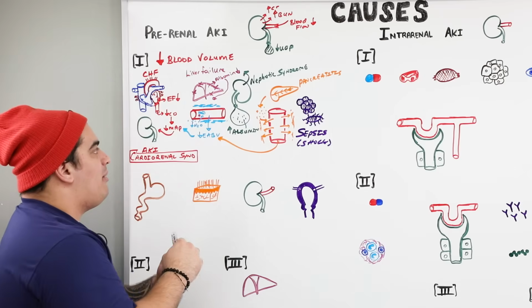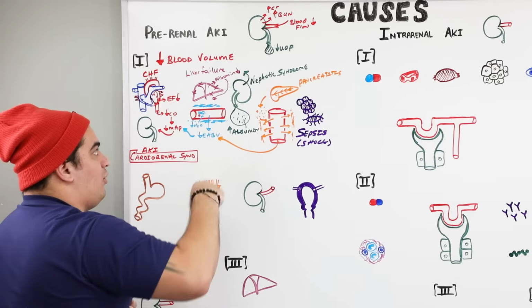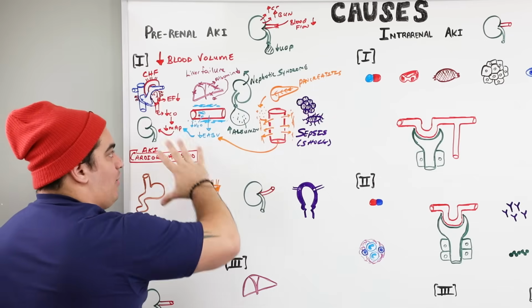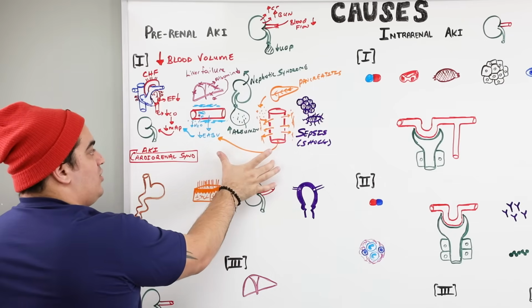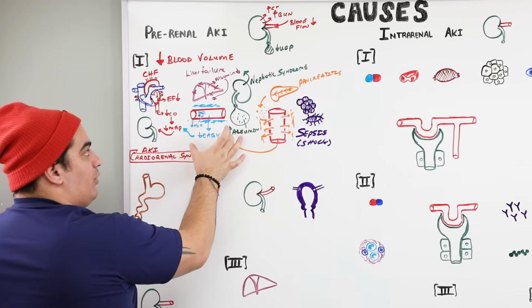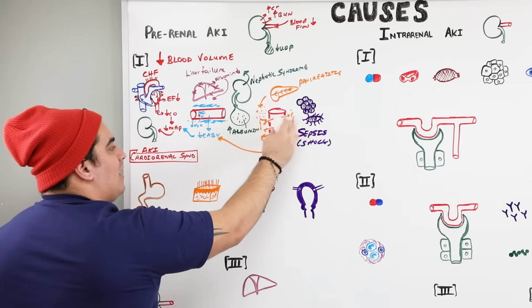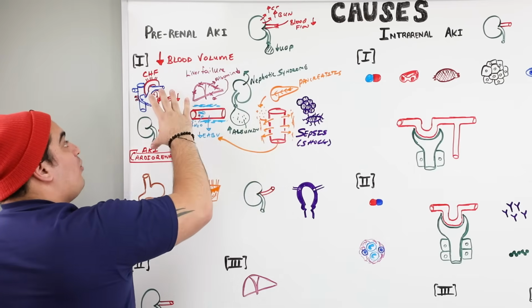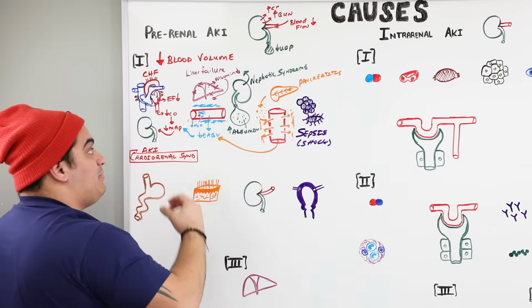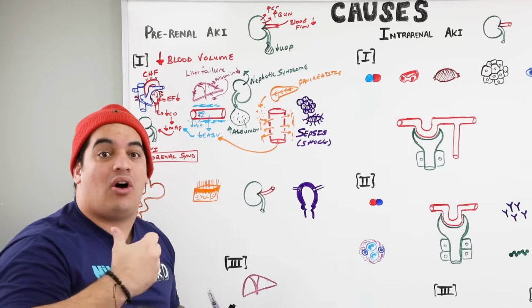Okay, so what I want you to remember is low blood volume leading to an AKI. These are some of the things that I want you guys to think about. Two of these are usually due to third spacing of fluids, whether it be low albumin or a lot of capillary permeability. Or the other one is you're just not perfusing the kidneys because not a lot of blood is actually leaving the heart.